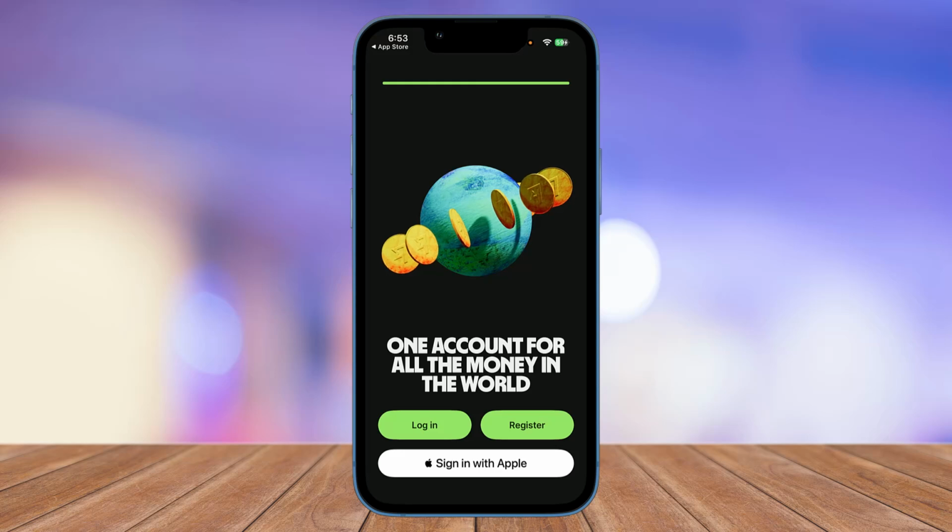First things first, download and install your Wise application and then create a Wise account. Once you've done that, from the home screen, click on send, choose the currency you're sending from and the currency the recipient gets in, enter the amount you want to send or the exact amount you want them to receive,